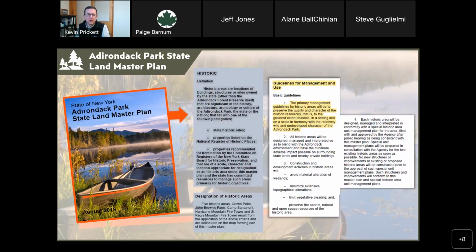To put into effect or to fulfill the definition of each land classification, guidelines are included to direct management and stewardship. The guidelines set forth allow certain structures, improvements, and uses in some land classifications, and then prohibit certain of them in other land classifications. Basic guideline number 1 for historic areas directs planning for historic areas to preserve the quality and character of the historic resources in a setting and on a scale in harmony with the relatively wild and undeveloped character of the